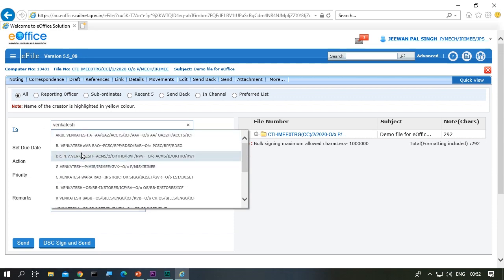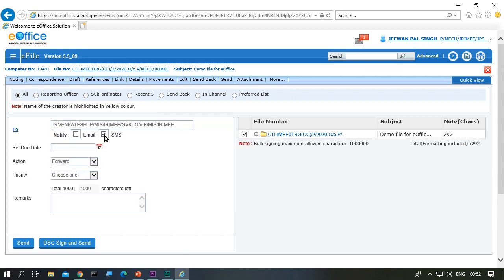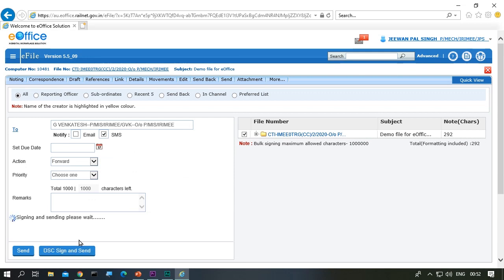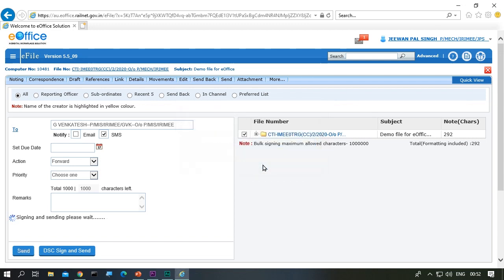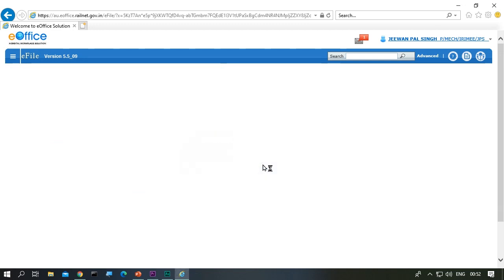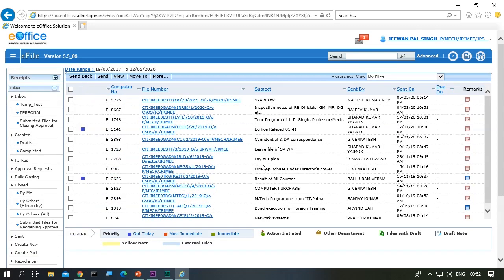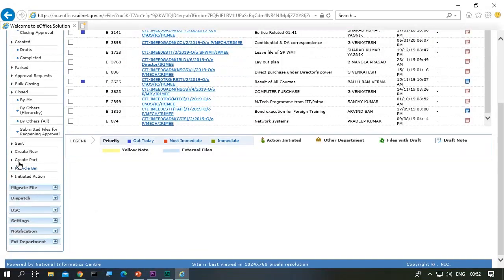Select the name, select notification, and digitally sign and send it. Okay, it's gone. Now we can again see that in the send box.